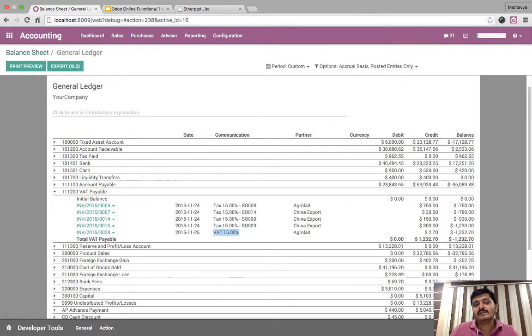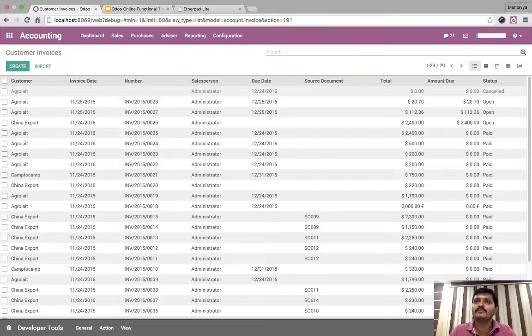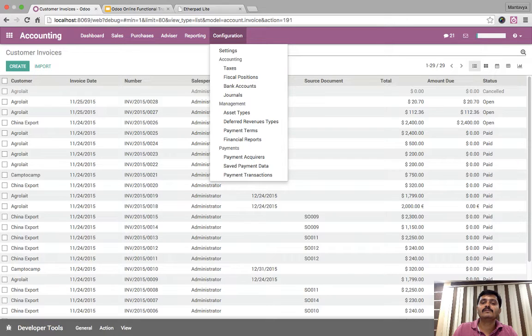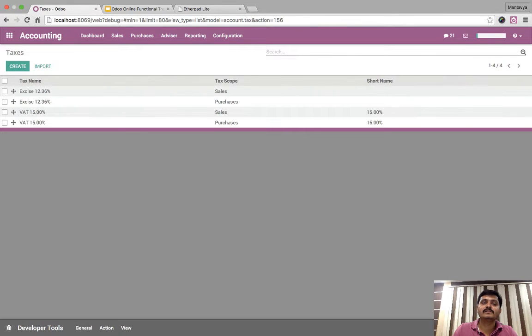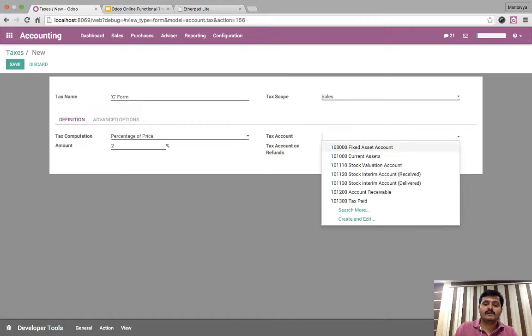Right. Okay. Then let's go to customer invoice. Now let's assume that you are selling interstate and you would like to have a different tax than 15%. So first I need to have a tax which is 2% CST. Something like this. It's a 2% account, which is again a liability, payable